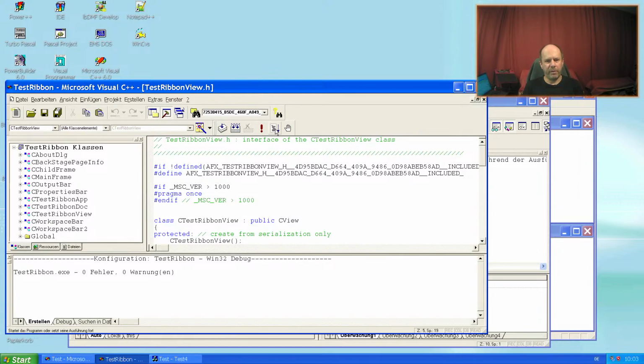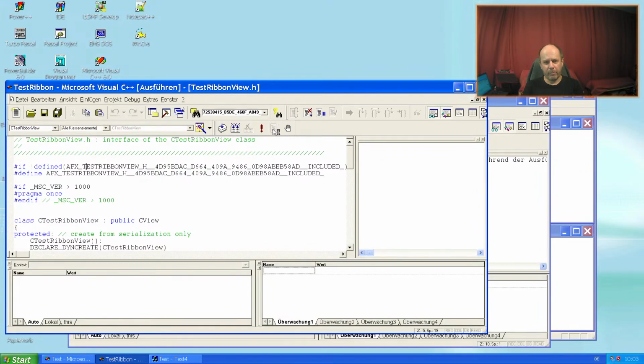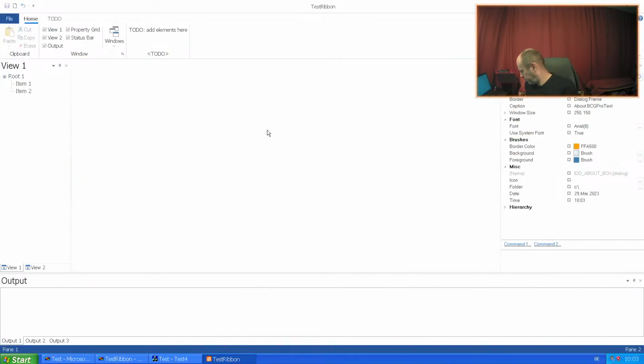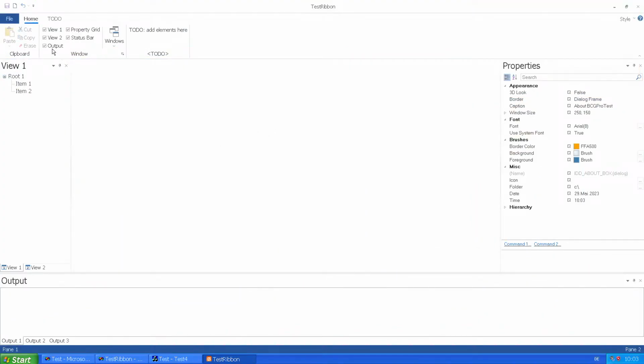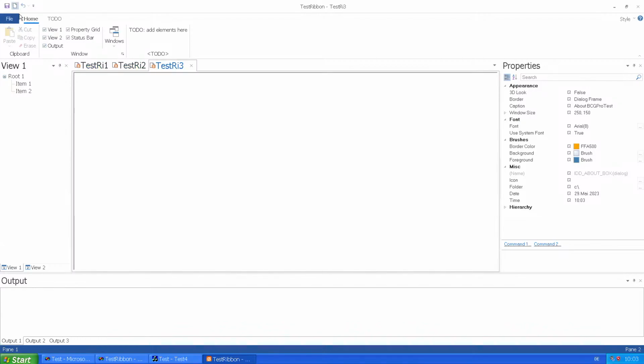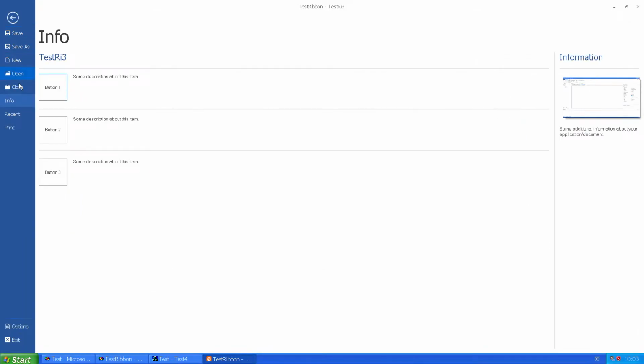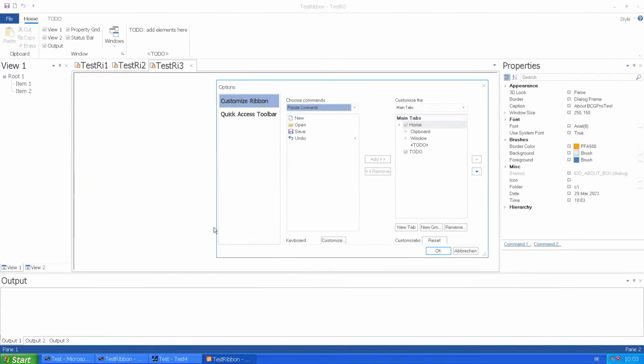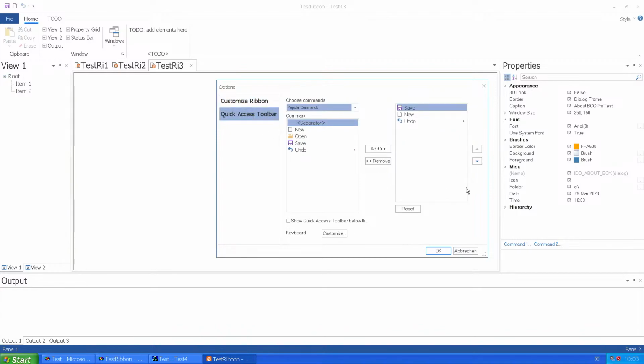And if you see the compiled code, this is still MFC, but surprise, surprise. Look at it. You have some options, some features that are available in this framework.